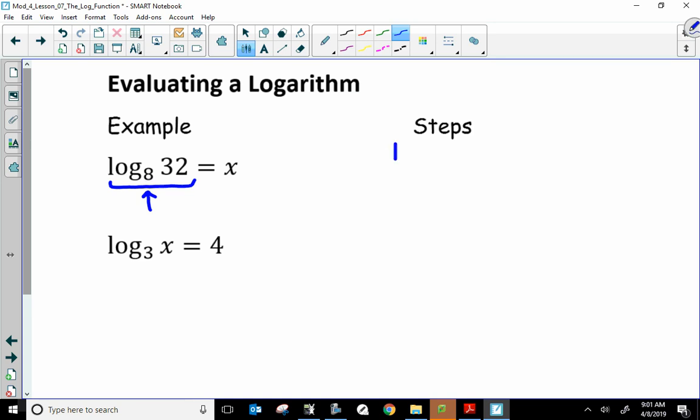So that's just a type into the calculator. You can switch those, but then you're going to have to use log to undo them. So I would just type that right into the calculator. And that is at math, and I believe it's option A. There are two ways to get there. You can hit math, then I believe it's A,